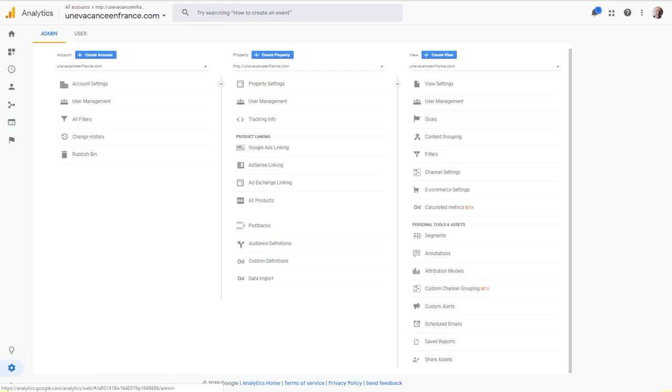Now, within your Google Analytics account, you will have one or more properties and one or more views within each of those properties, because that's the structure of a typical Google Analytics account. You have an account, then you have a number of properties within the account, and a number of views within each property. Assuming for now that you have been asked to grant some access to the account at the top